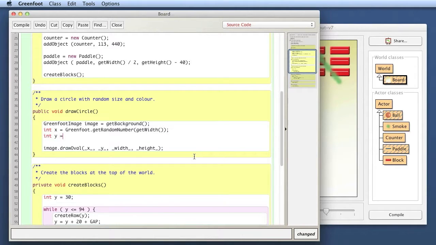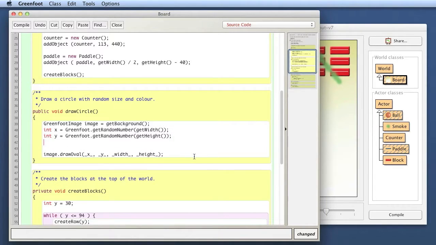I say get random number with get height. And there's a spelling error here. So that is a random number. Then I want a random color. Colors are specified by specifying RGB values. That is the red, green, blue component. So I get all those